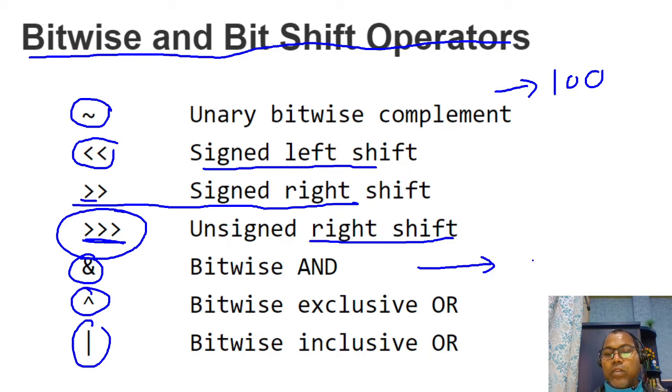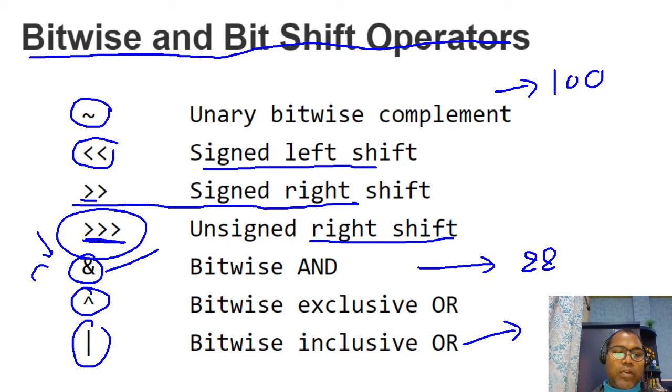We have already discussed the double ampersand, which is the conditional logical short circuit AND, and similarly we have discussed the conditional short circuit OR. Be sure that the bitwise operators work only on integral data types.